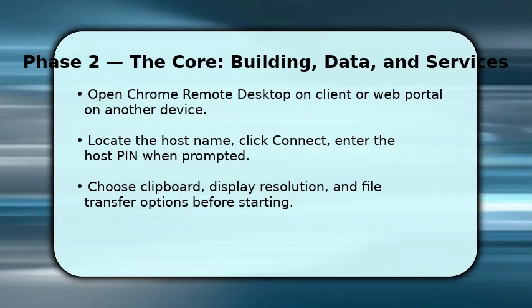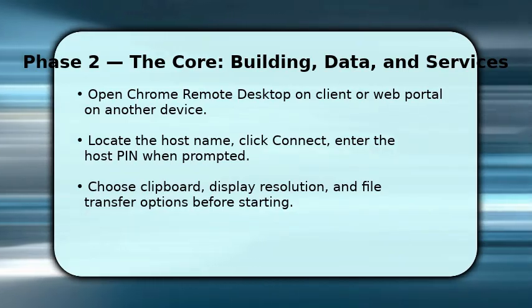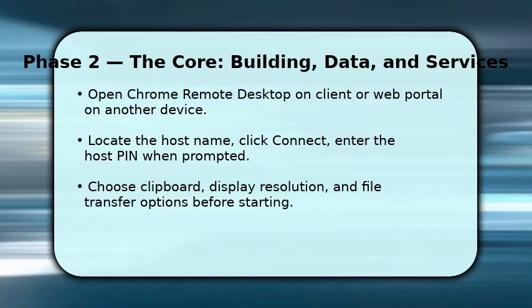Now, on your client device, you open Chrome Remote Desktop or the web portal and locate the host machine in the My Computers list. Click Connect, then enter the host PIN you created. This authenticates the session. Once connected, configure session settings, choose Display Resolution, enable Clipboard Sync, and toggle File Transfer so